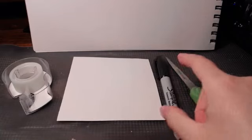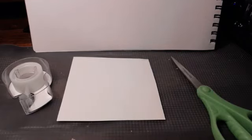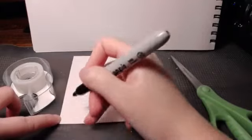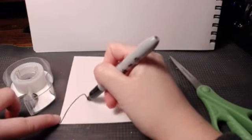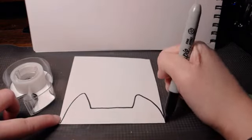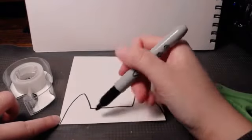I also have a marker here, I have scissors, and I have tape. So I already have a pretty good idea of what I'm going to do for my pattern. So I'm going to get started and I'm going to draw on one edge of this square. So that's going to be my first step, is you want to make some kind of a design along the